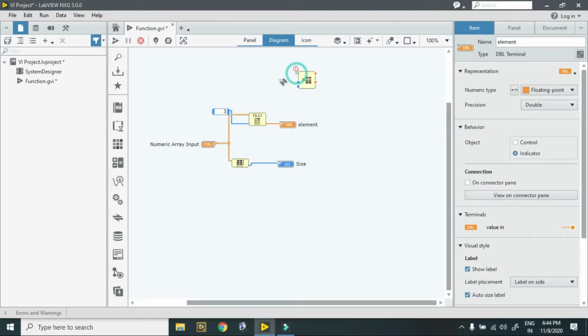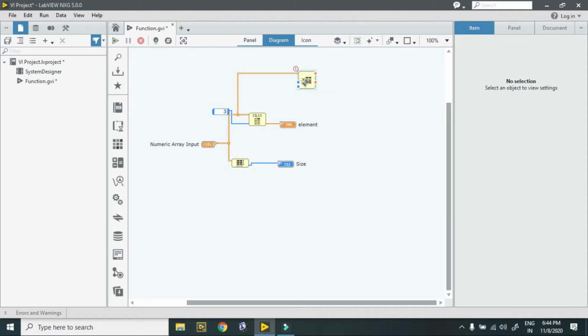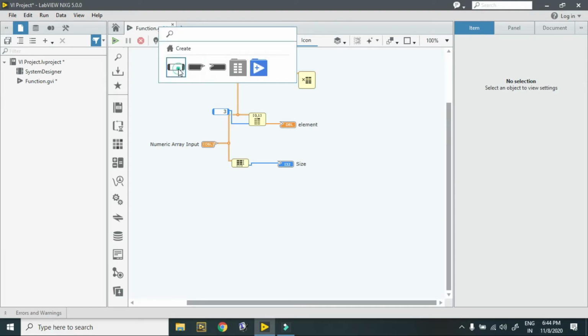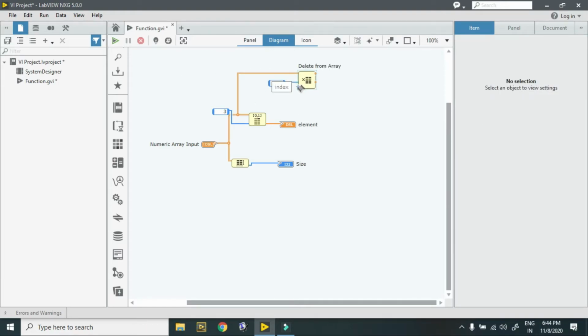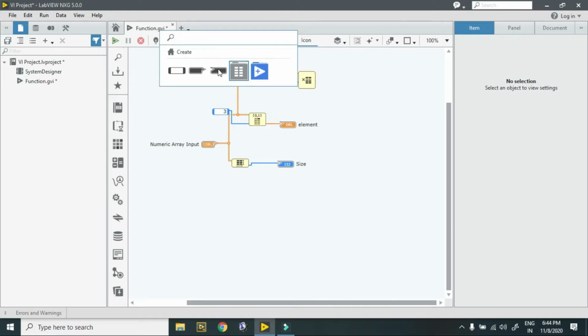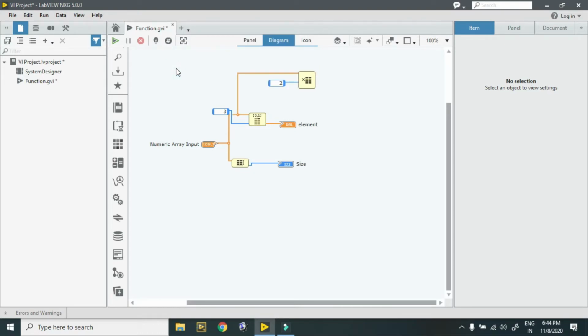Now here is my input array, and I want to delete some elements. So from here I select the value from where I want to delete. In this case I want to select 2 as the length, and here is the index from where I want to delete.